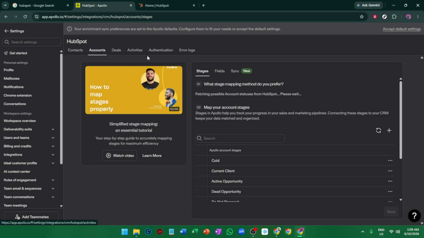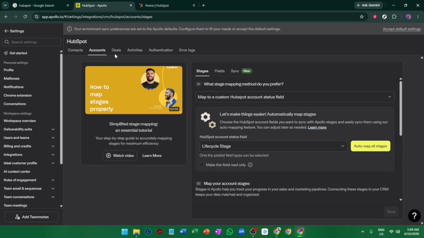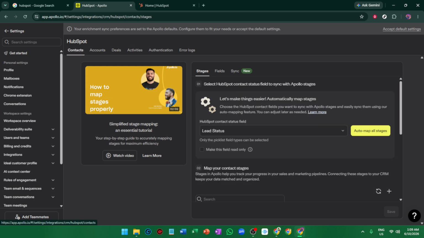This is where you decide how you want the integration to behave. You can choose a full CRM sync if you want broader two-system alignment, or you can use HubSpot data enrichment if your goal is more focused around improving existing data. Take a moment here to choose the option that best fits your workflow, because this setting affects how records are